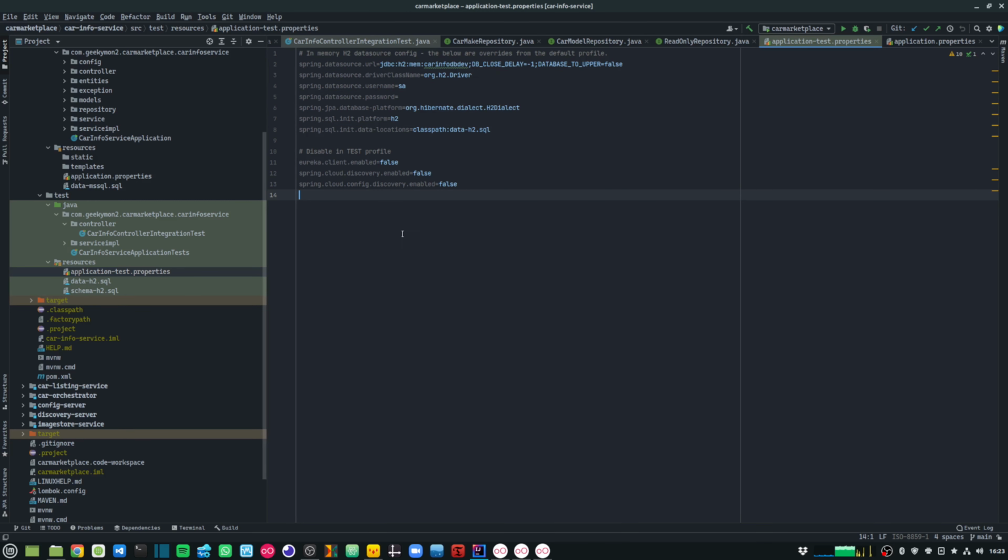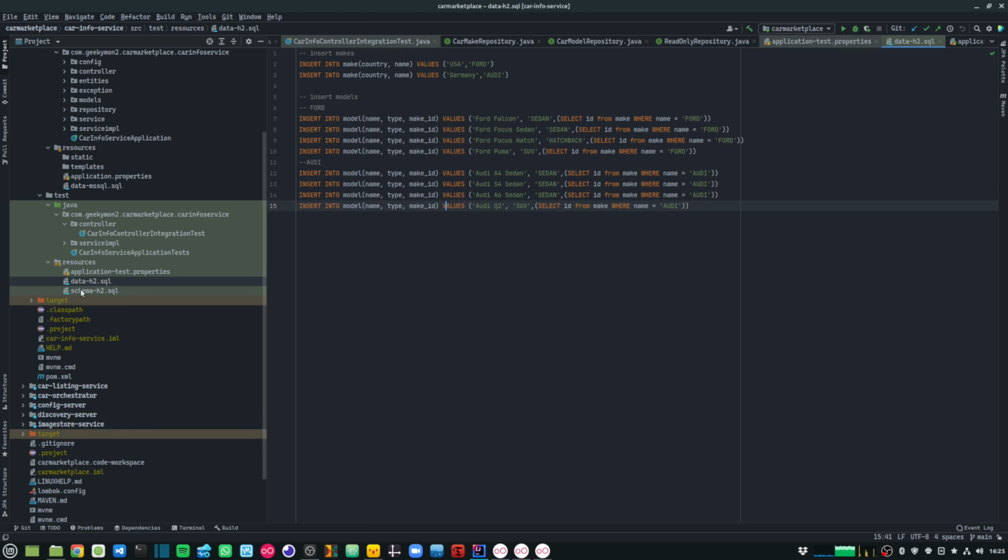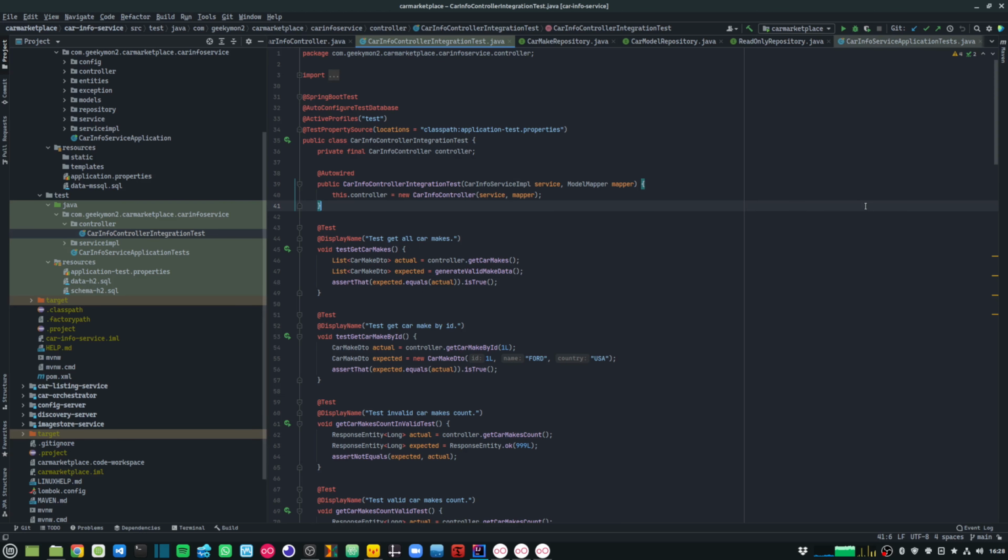For my tests, I am seeding the initial test data using a data-h2.sql file, which is present under the resources folder under my tests. Within my data-h2.sql, I am inserting some test data, and my test methods can assert against this information to verify if my testing is successful or not.